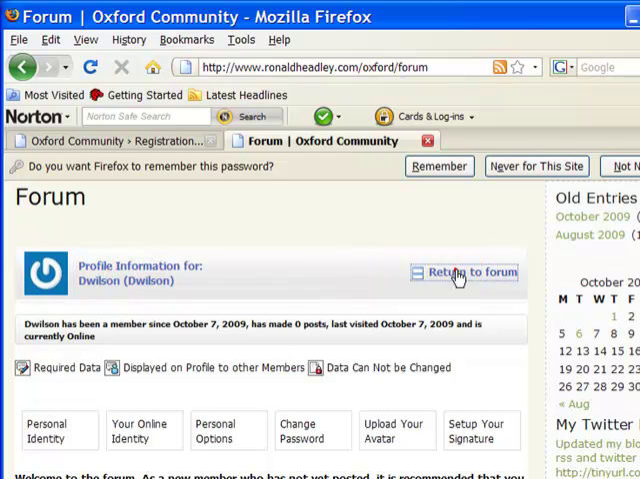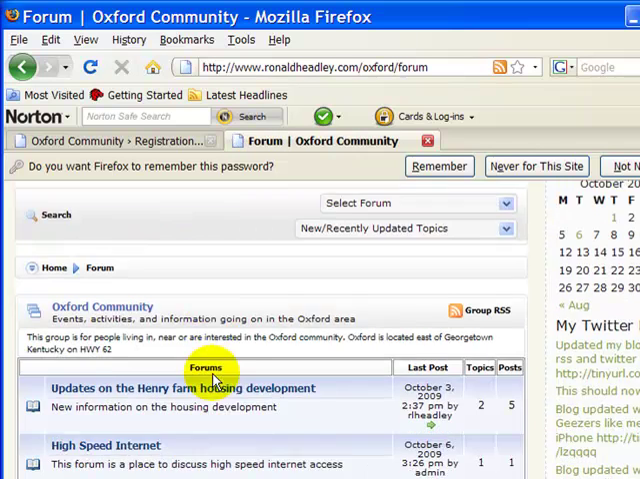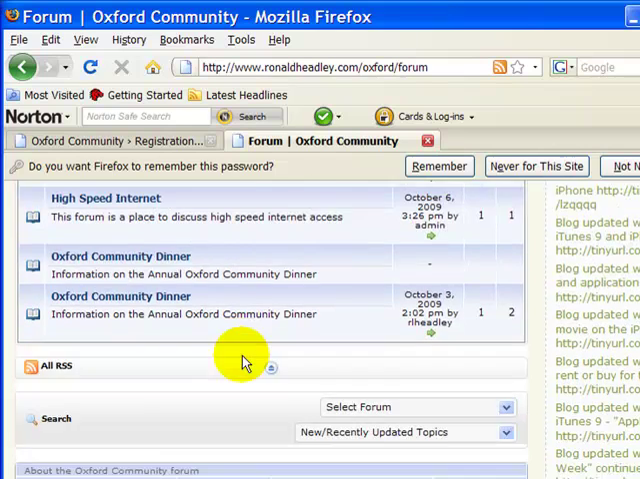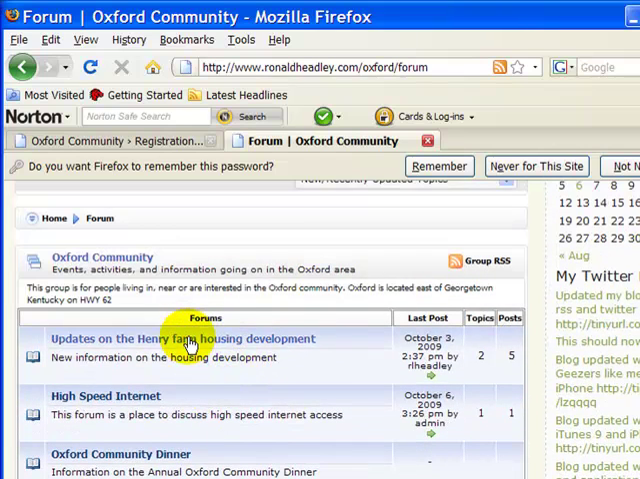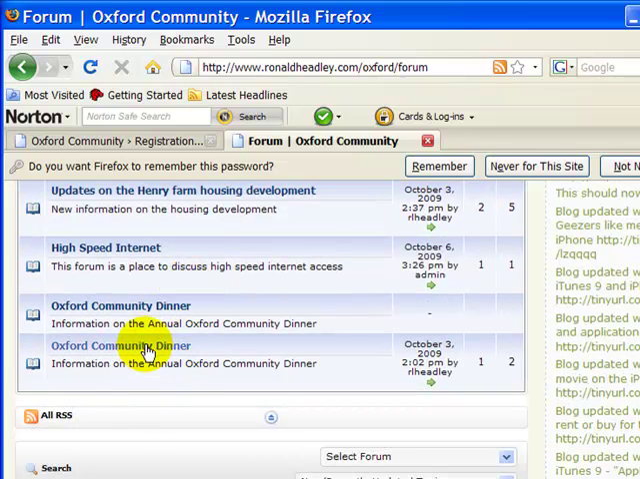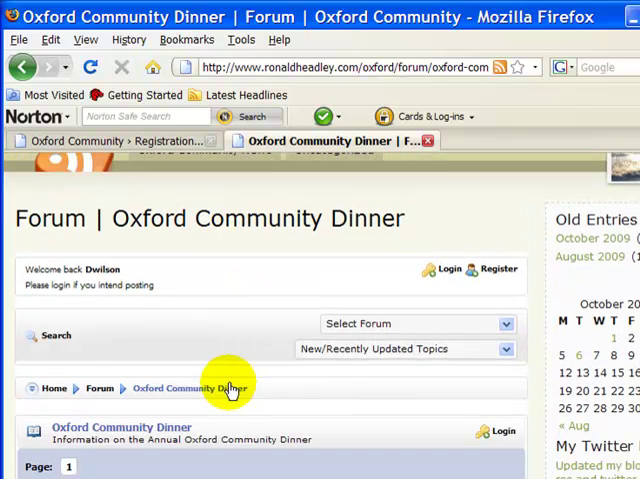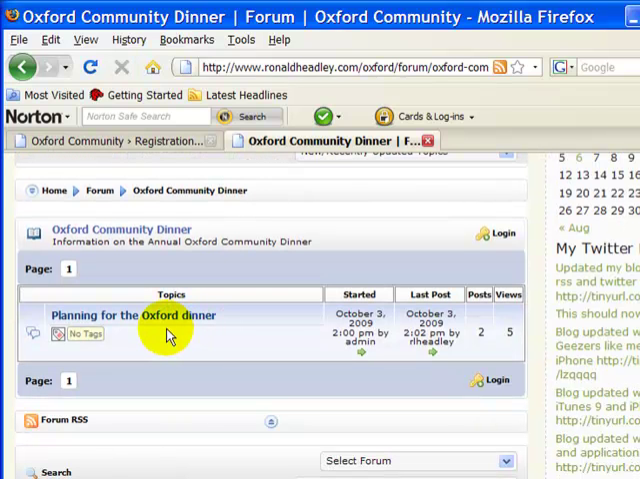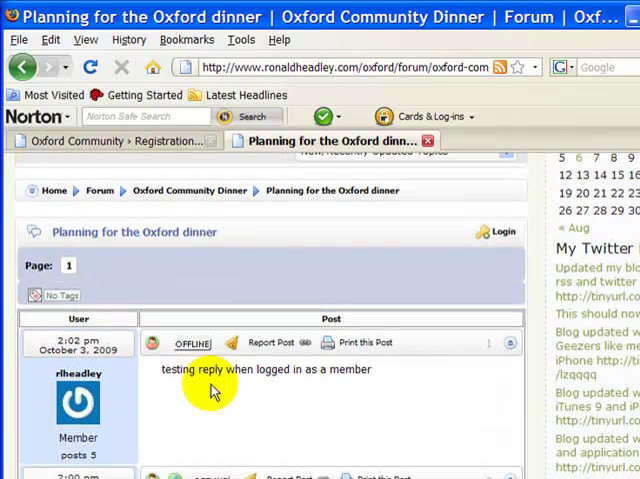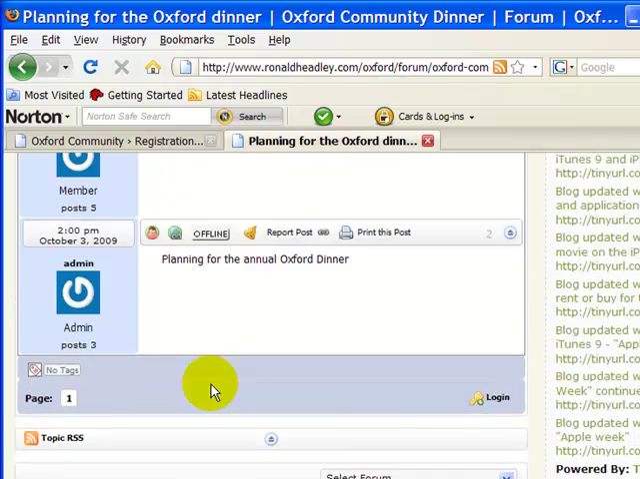Then you want to return to the forum, and you'll see now that you're logged in, and you can come to one of the topics. Let's go to the Oxford Community Dinner. I have a little bit of information there. So we'll click on that, and it will open. And we'll be able to see the various different discussions that are inside of the topic. It's the way that this is structured. So we're going to click on planning for the Oxford Community Dinner, and you'll see I've got a couple of